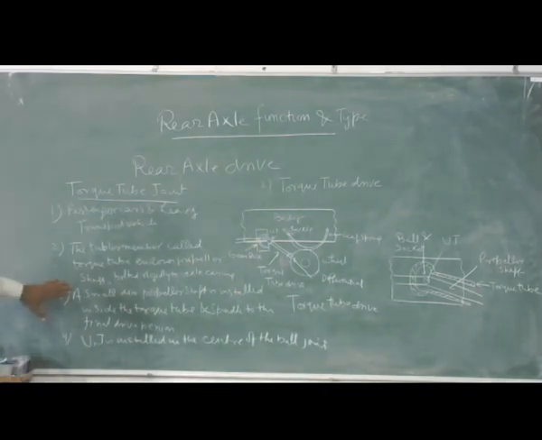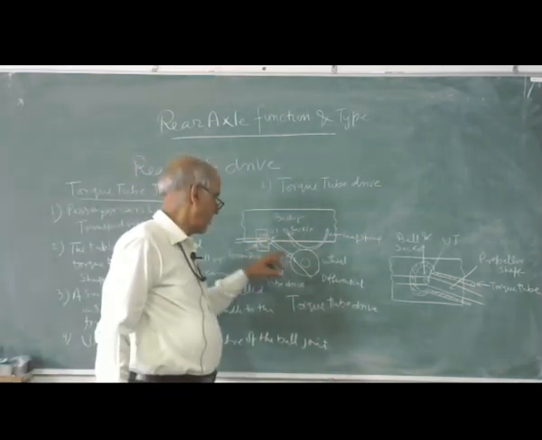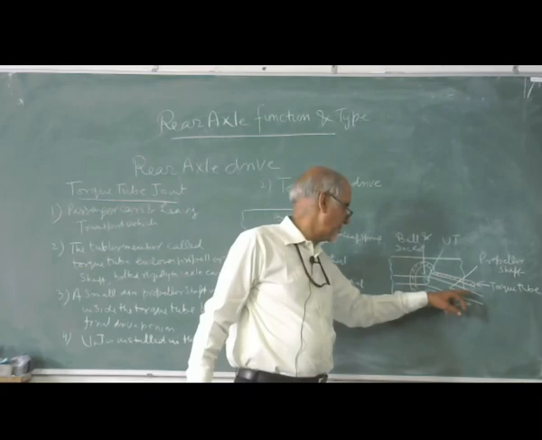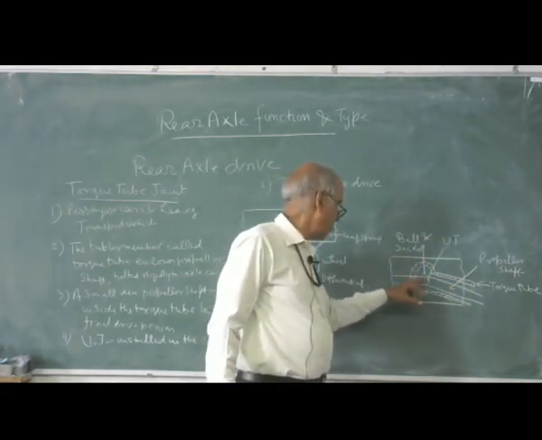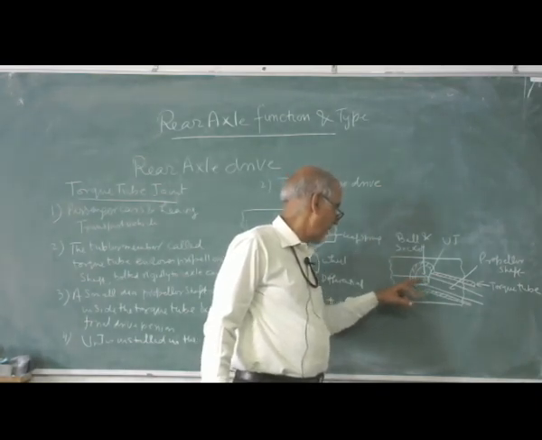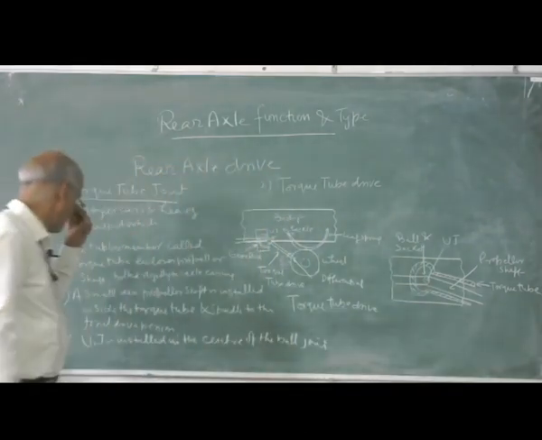These are the various properties and functions. It is used for the passenger cars as well as heavy transport vehicle. The tube member called torque tube encloses the propeller shaft bolted rigidly to the axle casing. Okay, see this tube member here, it is very clear. It is enclosed in a torque tube member and ball and socket joint is there here at the point of transfer of the power. Ball and socket rigidly fixed to the axle.